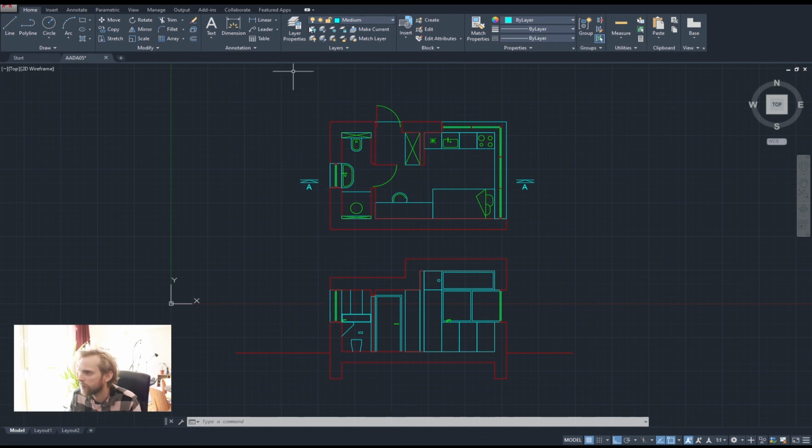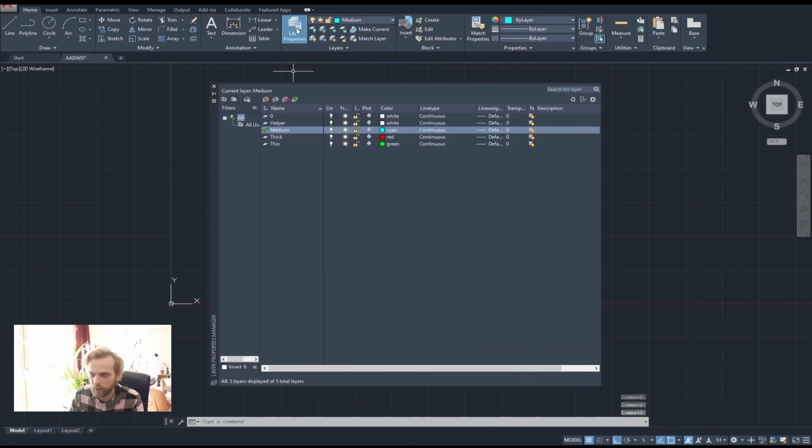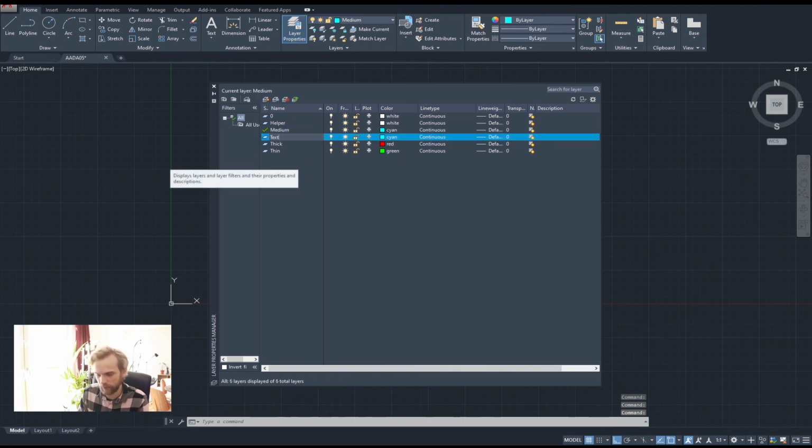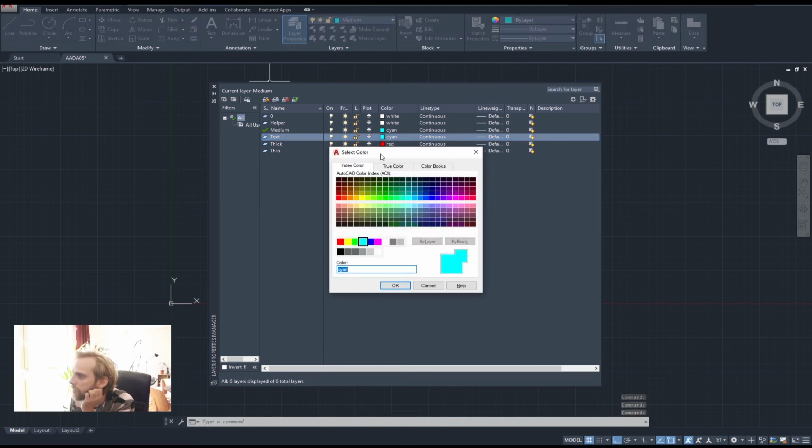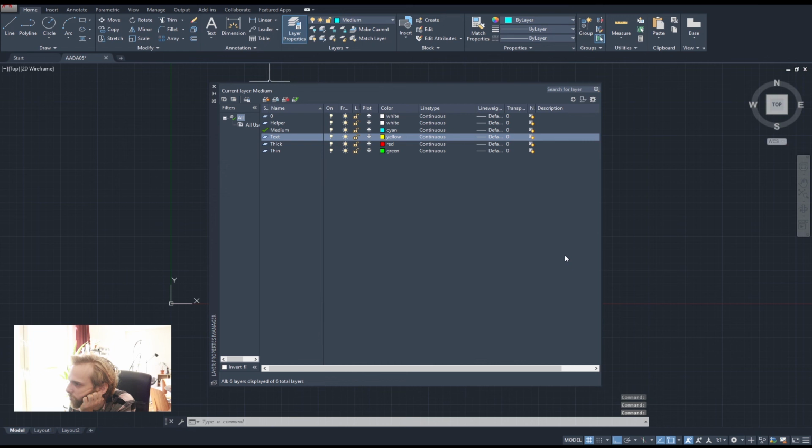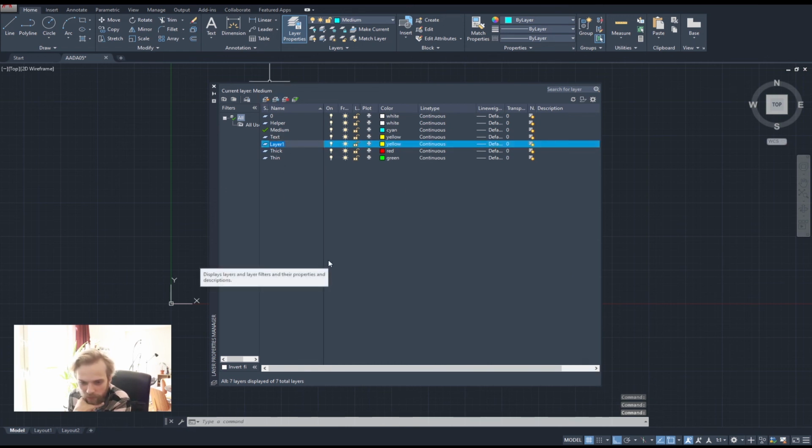The text will need a separate layer. So let me go to layer properties and create one more layer, and I'll call it text. That's going to be my text layer, and my text is going to be yellow. Then I'm going to create one more layer, and call it